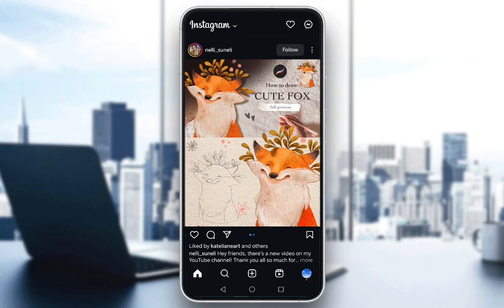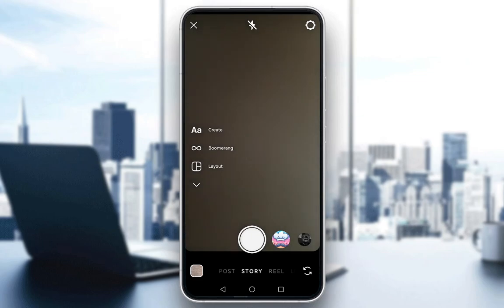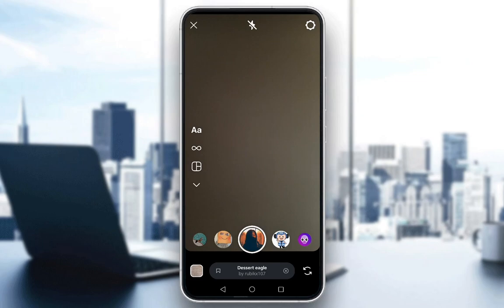Firstly, you want to start posting your story. Click on the plus icon on the bottom center of your screen, and then once you're there, just select story. Now, as you can see at the bottom, you have all of these effects which you can scroll from, and you can scroll and find the blur here, possibly if it is located there for you. However, if you scroll all the way to the right and you don't find it, just click on browse effects